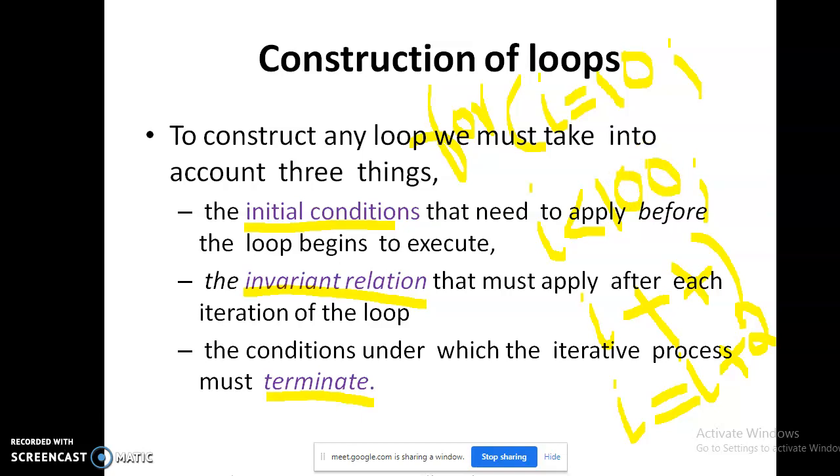When I write i less than 100, up to 98 I can store my name. This is the terminate condition; it decides when we stop our for loop iteration. So this is the construction of loops.